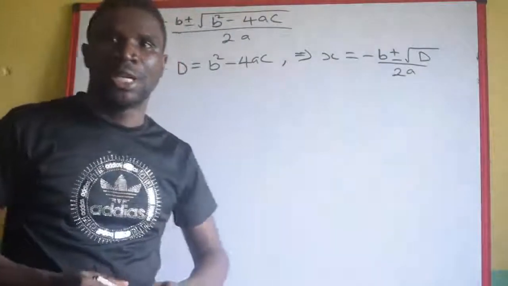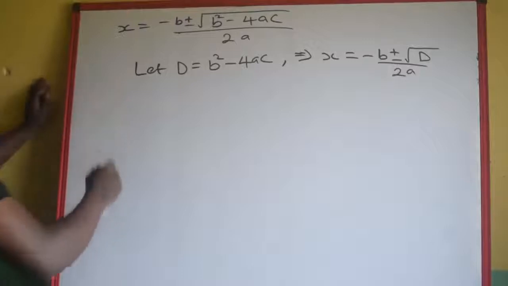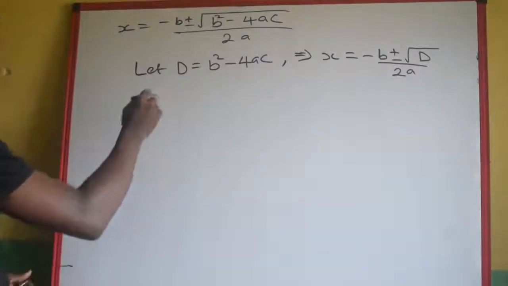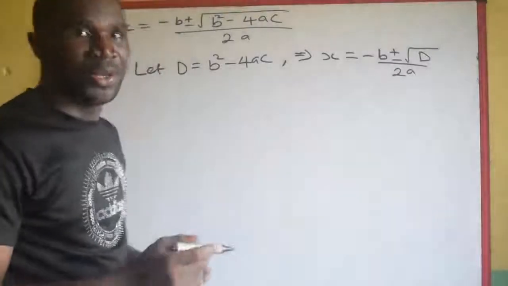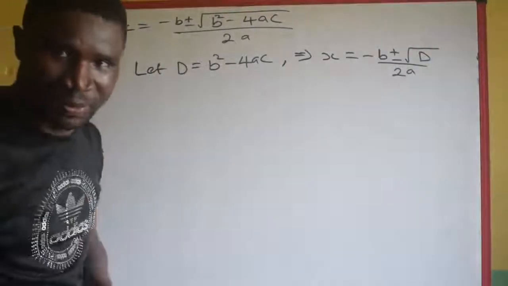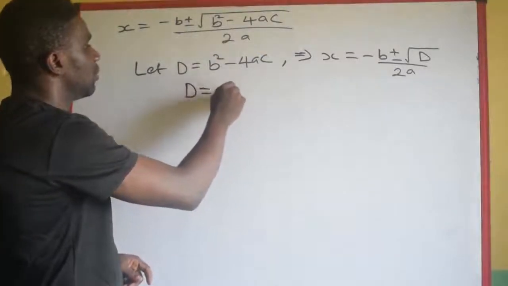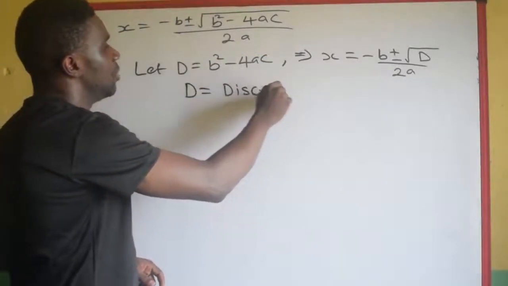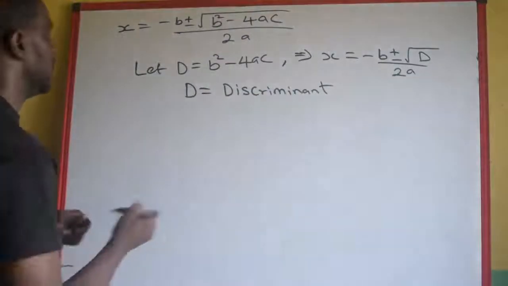Now you begin to wonder, why must we go into this rigorous process? This d is very important to us in the sense that, what happens when d is equal to 0? And besides, this d is known as the discriminant. This is called the discriminant. This discriminant is important in the sense that if you check,